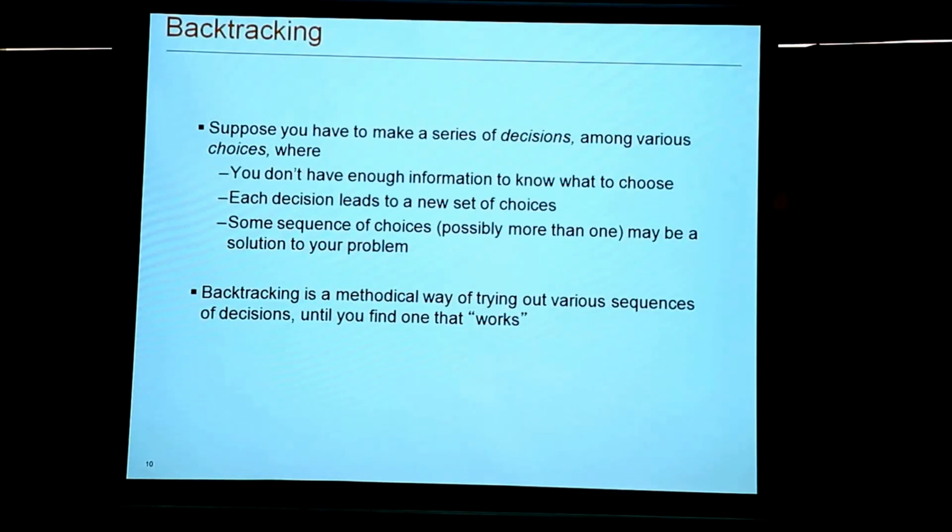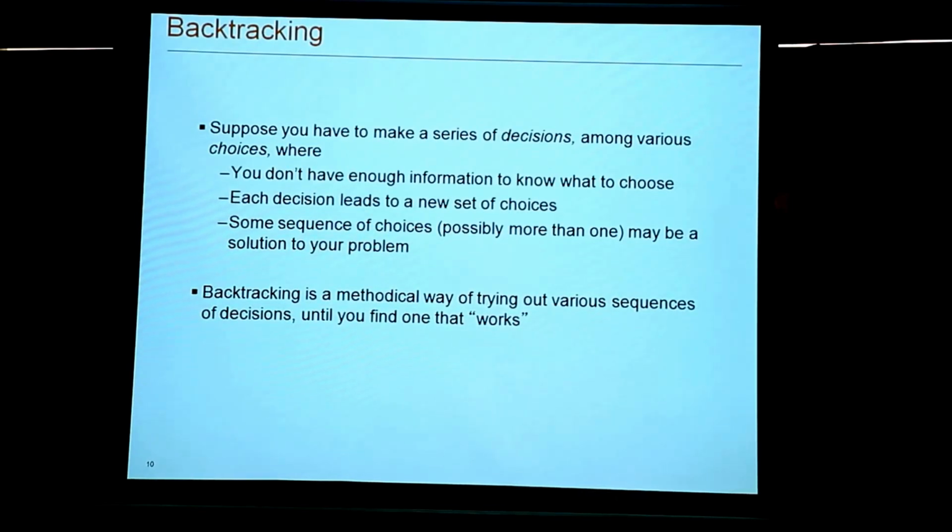Obviously, one possible choice is the brute force method, where you create all possible choices, and then depending on which choices lead you to a good solution, you pick one of them. But that's brute force. That will always be exponential. The advantage of backtracking is that, since you are doing this in a methodical way, it will many times improve the cost from exponential. Not to linear or something, but in practice the cost will be reduced a lot. Not in the worst case, right?